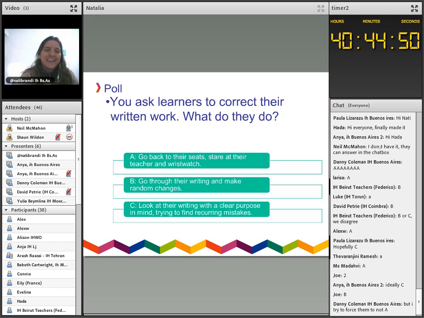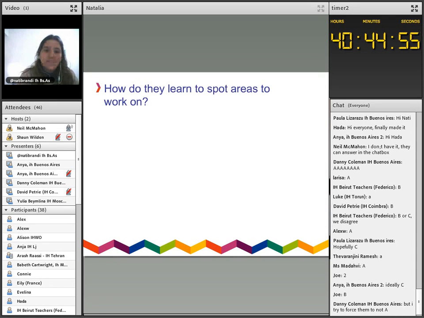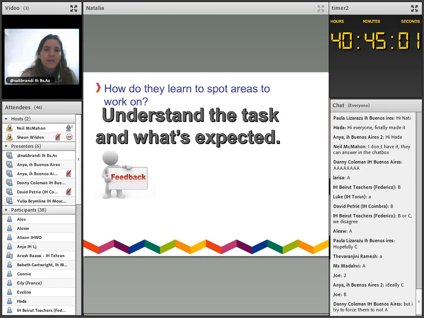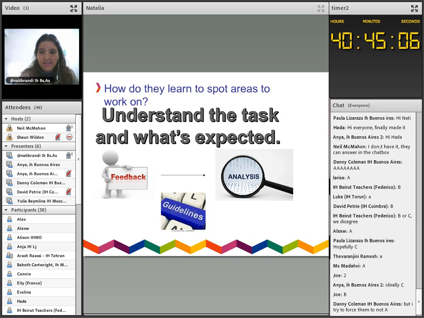Ideally C, Anya says, yes, I agree. Ideally C. Now, the thing with C is that they need basically guidelines. And I believe these